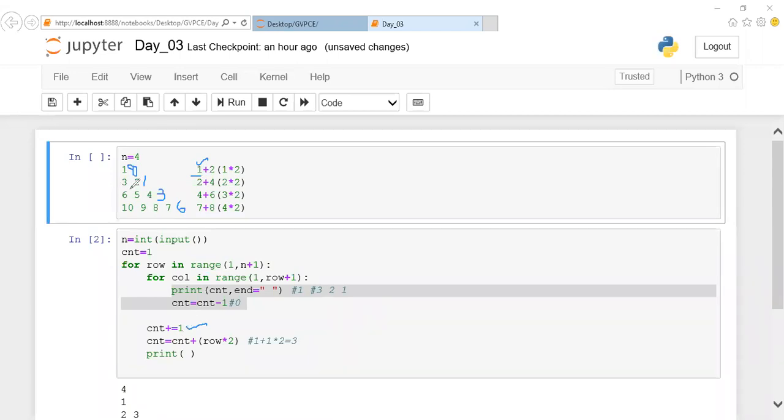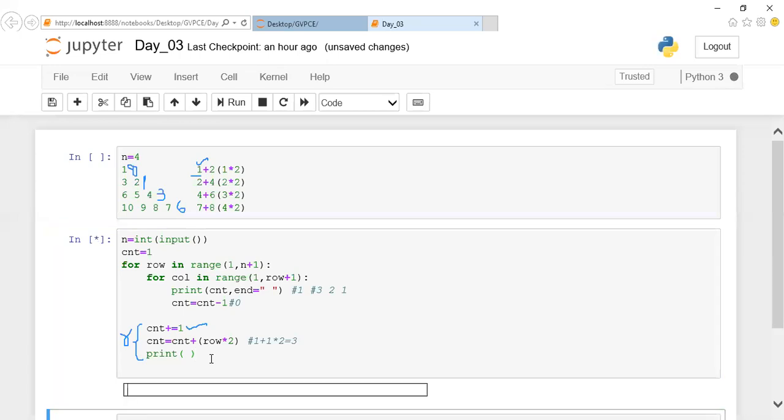The same way, if I keep on decrementing, it reaches 1. So if you want to get 6, I want to add 4 along with 2, not with 1. So that is the reason I'll increment it and try to do this operation for your row. This operation is for your next row. So before going to the next row, I'll increment my counter by 1, then I'll multiply it.